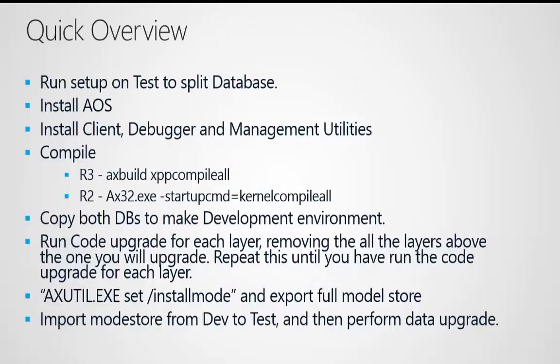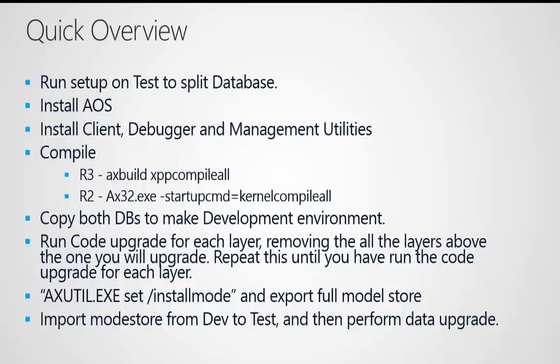I'm going to quickly cover here the steps in the in-place upgrade. Some of these steps will be covered in more detail in the following slides. The first step in the upgrade is to run the setup CD or download on the test environment to split the database. This will create the separate model store. The next step is to install the AOS. After you've installed the AOS, you need to run the setup a third time and install the client,